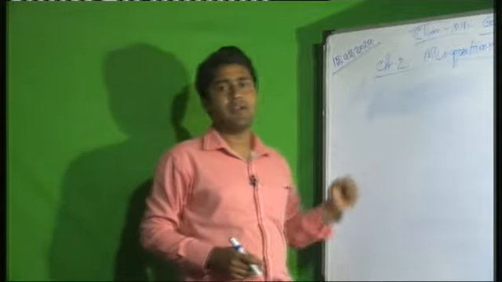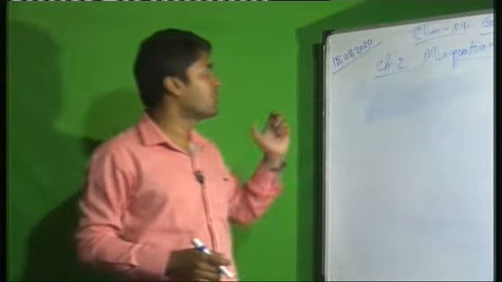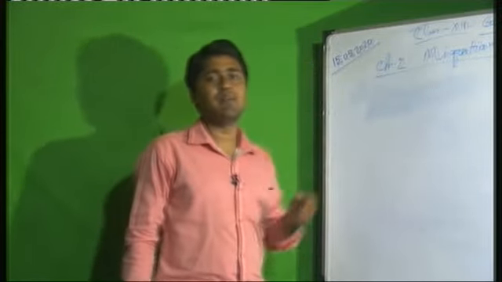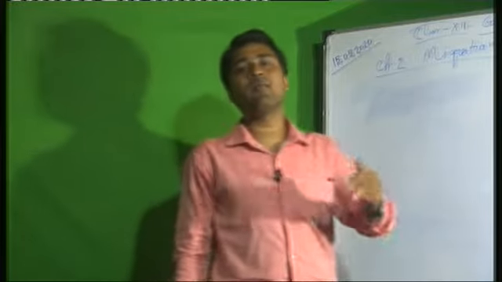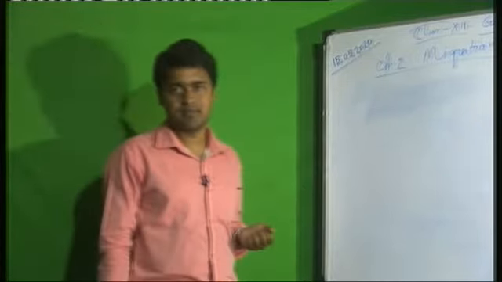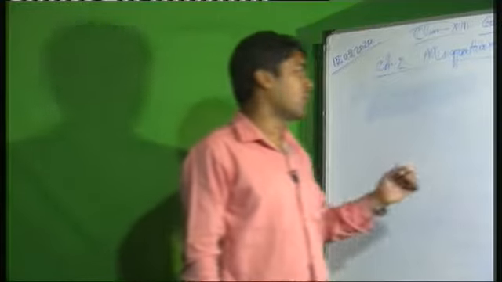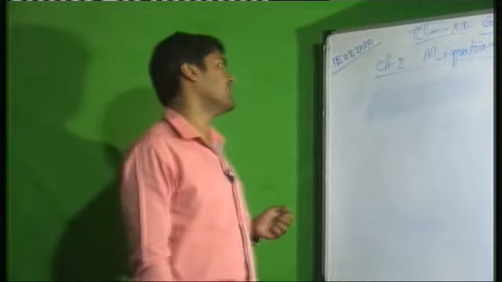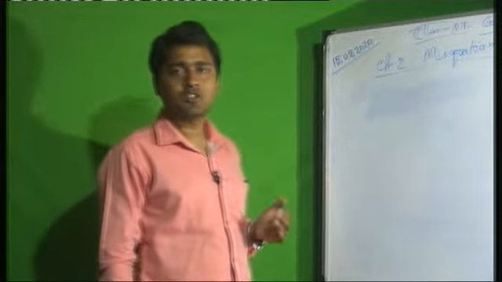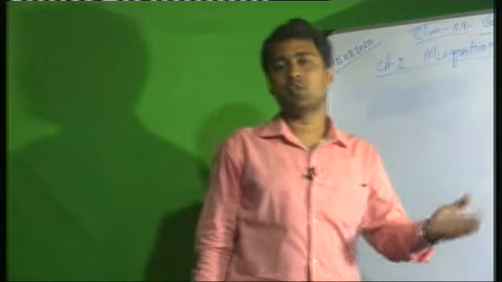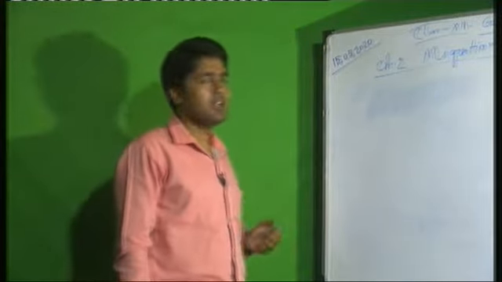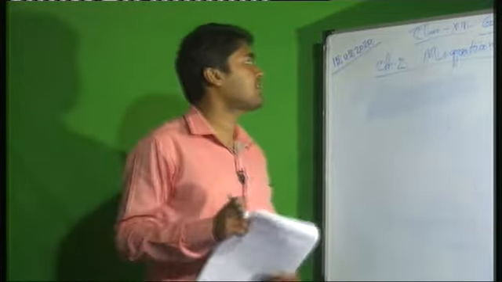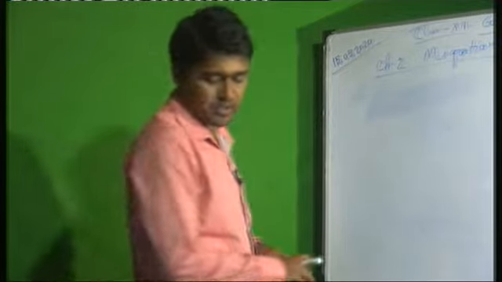This story has been given because you can relate it with migration: in a family, each and every person shifted from one place to another place for several reasons. Someone is doing some job, someone has shifted due to marriage or several other reasons. So migration, that means a person shifting from one place to another place, is called migration. So you will read this story and you can understand. Now the first topic in this chapter is the Indian diaspora.